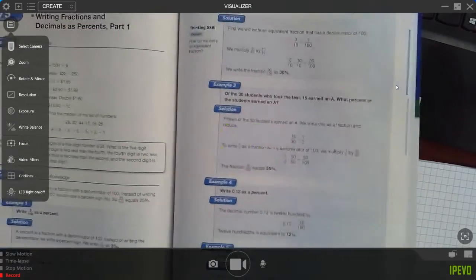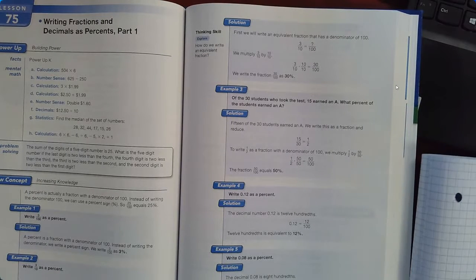Here we have lesson 75, writing fractions and decimals as percents. Pretty easy stuff. It's things we've talked about before. It really just gets easier. There are two or three ways to do this. Multiple ways to go about it, but the easiest way to do it is when you're doing